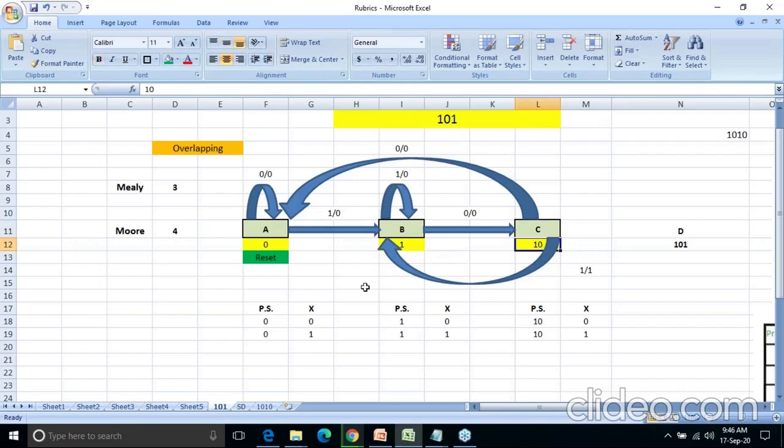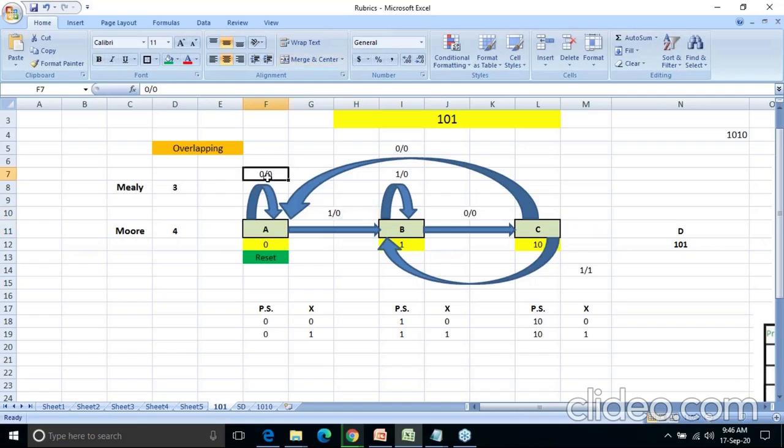Okay, now moving further. Always, as there are only 2 options available, the input might be 0, might be 1. So in each state, if my input is 1, it will give a certain next state and output, and again, if the input is 0, it will give a next state and a certain output. So you are able to see this is my state A, and there is the option for what happens for 0, and for input 1 what is happening.